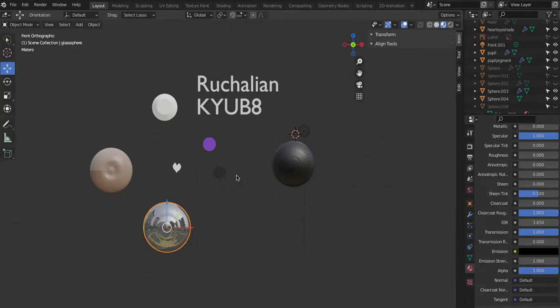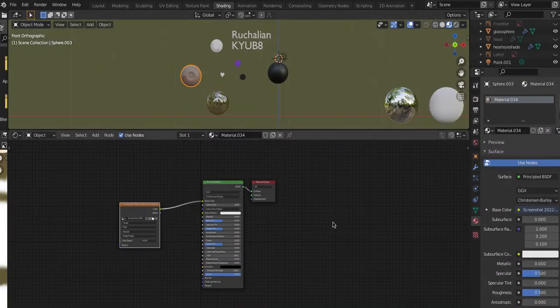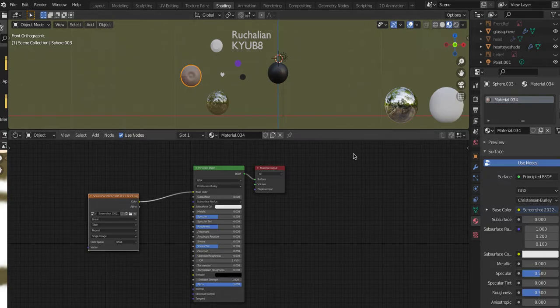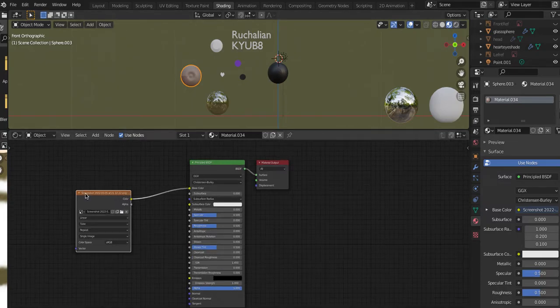We're going to learn first about this sphere. The sphere looks like this because it is textured, and this node is connected with the image, and this is how it looks using the nodes